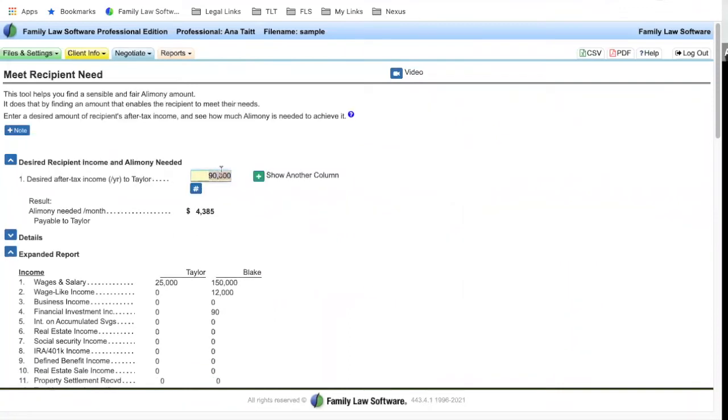Again, when you come here, you're not going to see this. So what does this tool do? This is called, what does your client want? So your client, you already looked at the income summary and you know that this is an alimony case. And so the question is, how much? And so what this does is we ask, how much money does your client want